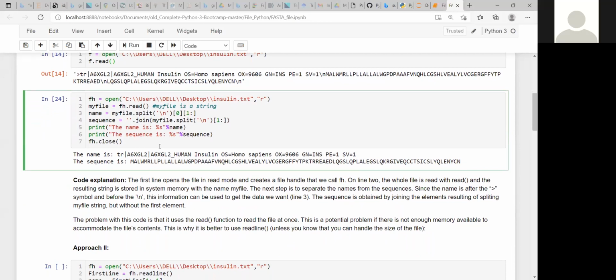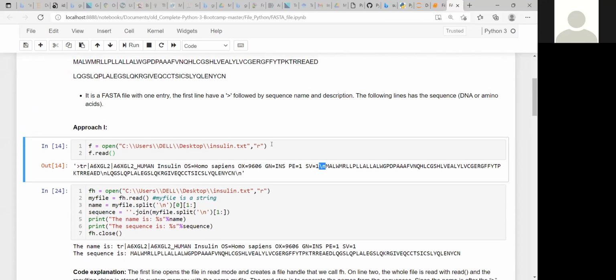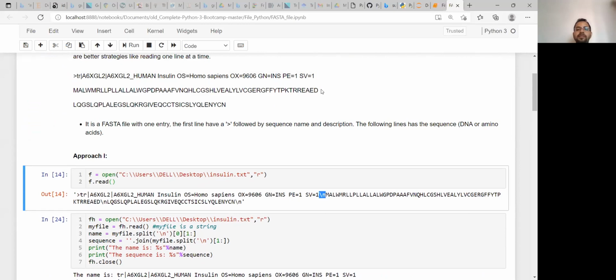Sir, why do you need to use the slash every time? Which slash? It's a slash n, used to join. Okay. Because see, \n is already there. Here is a \n, here is a \n, here is a \n. That means it is used to create a new line in the file itself. So when you open the file in text mode, you cannot see the \n. That is a hidden character.